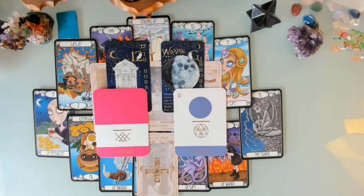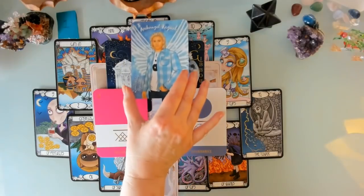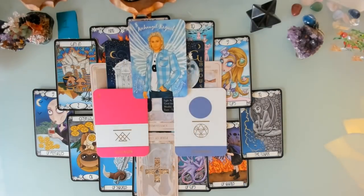Let's have a look at what angelic or spiritual energy will be watching over you during 2022. And we've got Archangel Raguel, which is about relationship healing and about calm and harmony. So yes, you've definitely been in a much more conflict-based scenario in the last couple of years. There may still be some conflicts as you separate and redefine yourself, but Archangel Raguel is going to be there